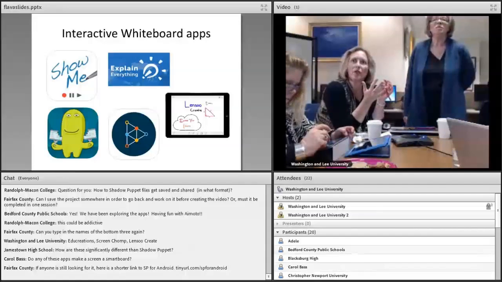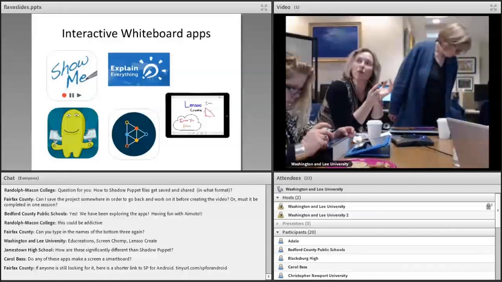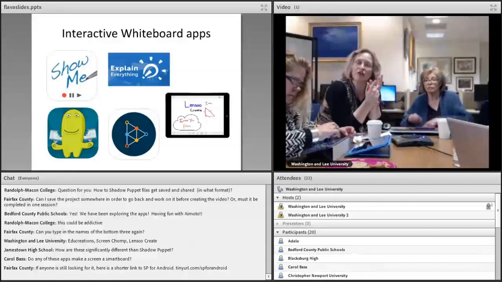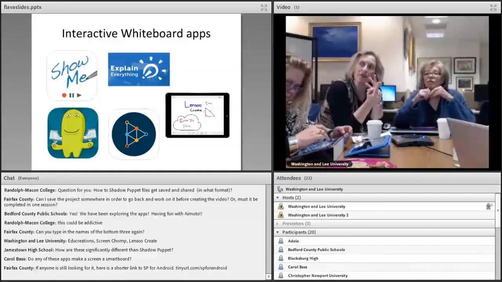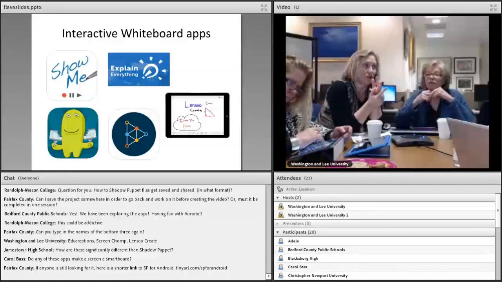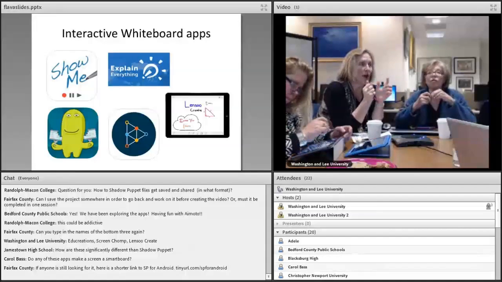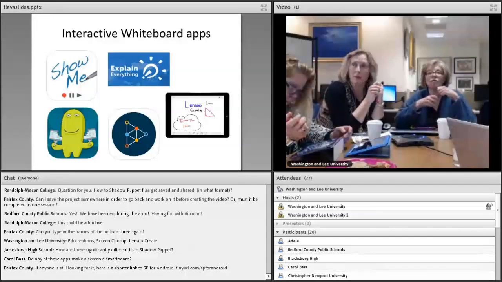Whereas the whiteboards give you the flexibility, especially one like Explain Everything, where you can pull in a document and annotate on top of that document, and if you've got an image, you can annotate on top of the image with a lot more precision than you can with Shadow Puppet. And you're able to do just the doodling on the whiteboard, so there's a lot more flexibility with the interactive whiteboards than with Shadow Puppet.